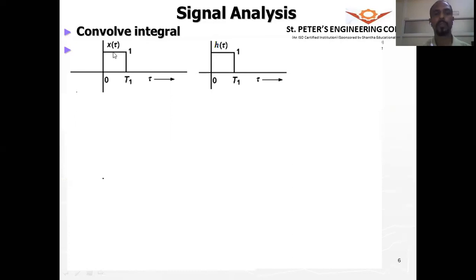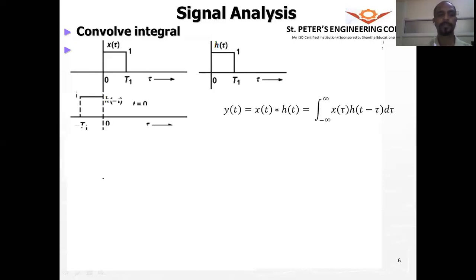So now we are supposed to perform convolution of x of t with h of t. So I have replaced t with tau, and I'm going to call these x of tau and h of tau. Using the same formula, we are computing here. Now in this case, I am going to shift and move the h of tau signal, not the x of tau signal. So x of tau will be fixed. In the previous two problems, we saw h of tau is fixed and x of tau is getting shifted. Now in this case, we will fix x of tau and move h of tau.